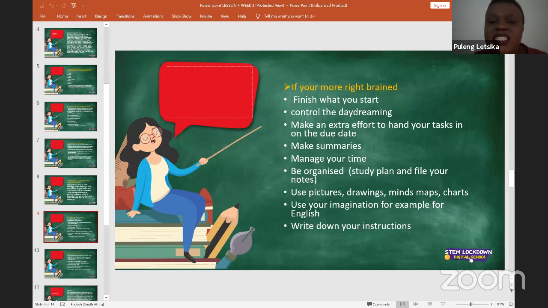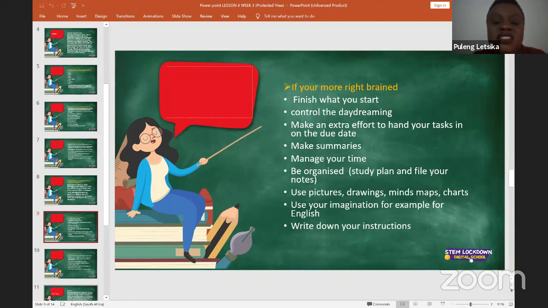And then basically you manage your study time. Managing your study time also goes back to the other slides and bullet point 3. When you manage your time, you'll be able to hand in on the due date and you'll be able to cover bullet point 1. You'll be able to finish what you started.